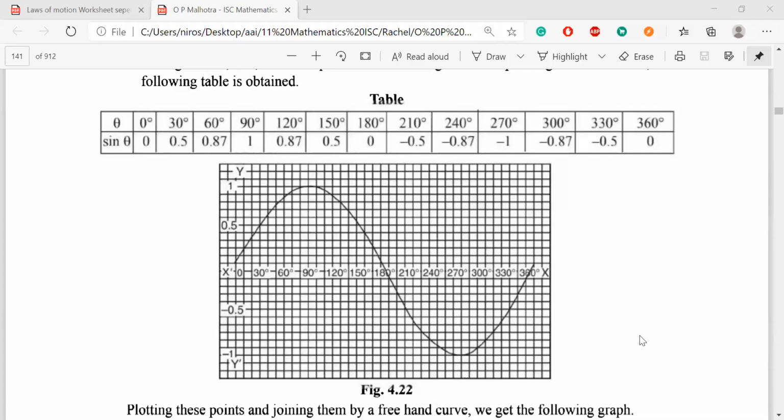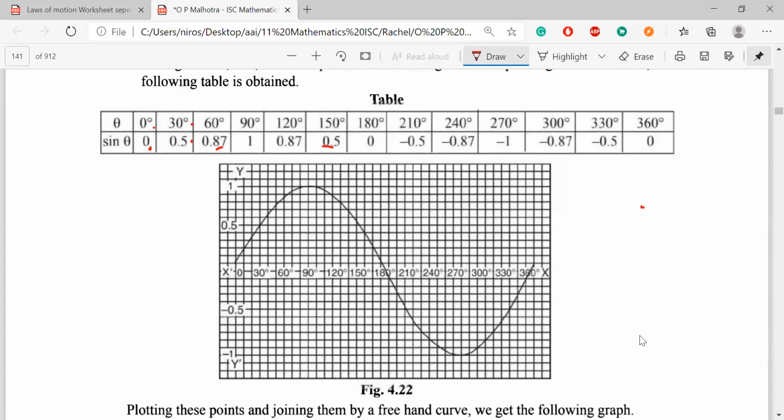So this one. This is how the sine graph looks. Here, the same thing, they have calculated the values: 0 for 0, 30 degrees is half, that is 0.5, root 3 by 2 is 0.85. After calculating all of this, they plotted this graph.